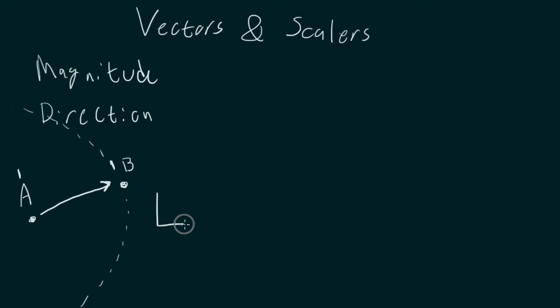If I've got a box sitting on a table and I want to push that box to the right, if I try to apply my force down, that box is not going to move. I would need to apply my force in the right direction. So a vector is going to be a quantity where both the magnitude, the amount of it, and the direction are going to play a factor. A scalar quantity is going to be one where the direction doesn't matter at all.